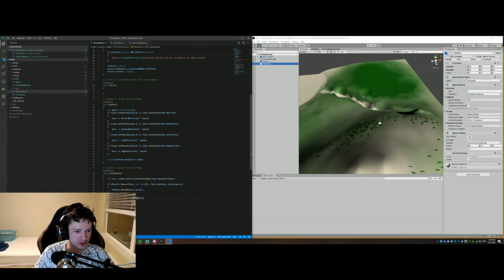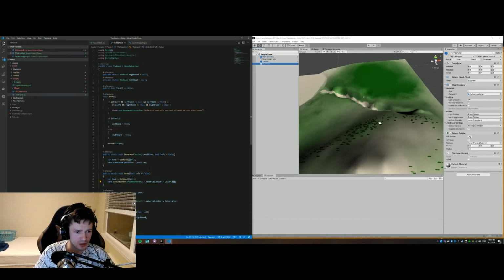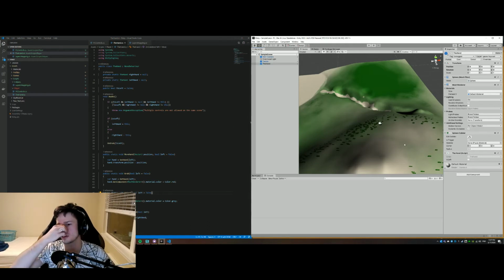And if the mouse button is down, else if input get mouse button up 0 and onGrab. So the problem here. What? Okay, equals false. So the problem that we will run into right here is that if I grab something